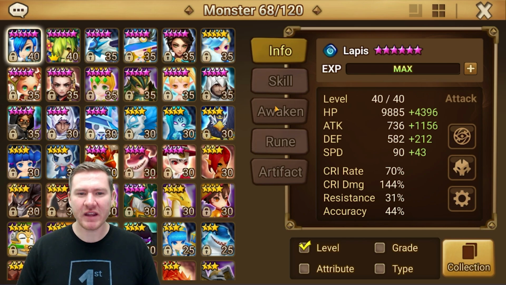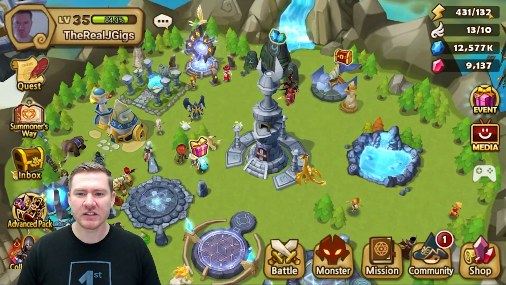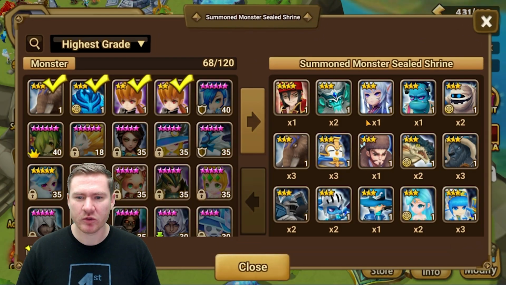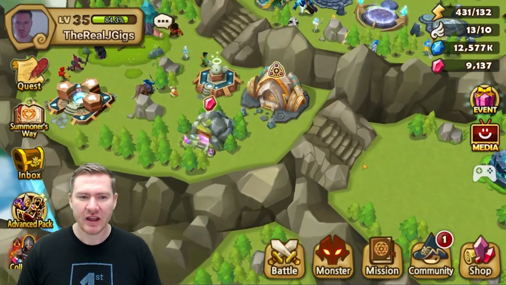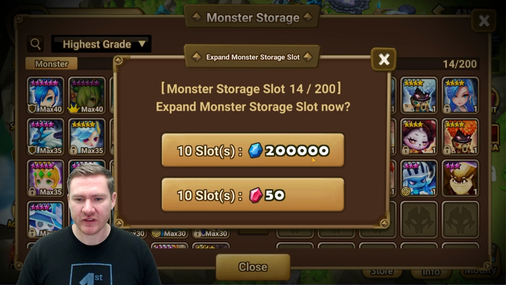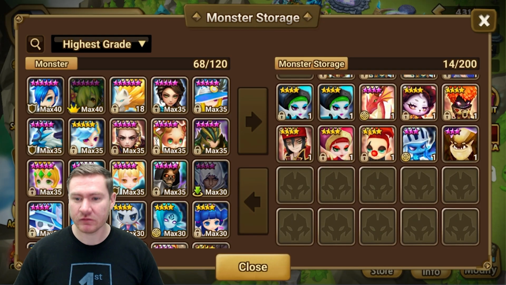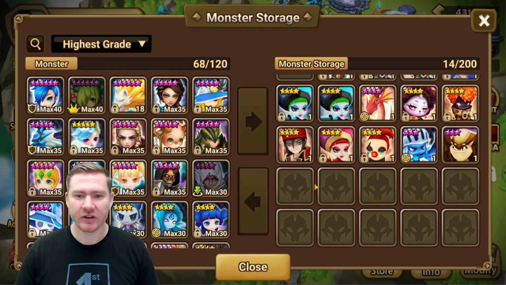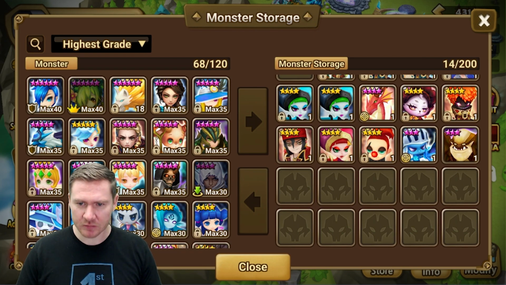General rule of thumb anyway, keep a copy. This game gives you more than ample storage to keep a copy of everything you don't have between the sealed monster shrine and just your regular storage here. It costs 50 gems or 200,000 mana every time you upgrade it, forever. Until you max it out, it does not stair step up in value. So definitely,